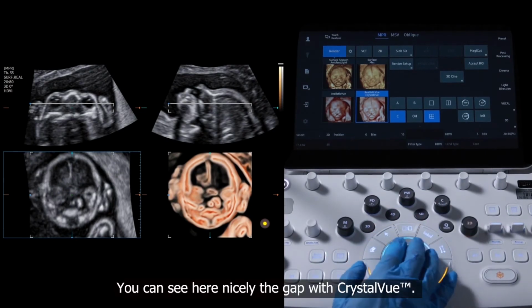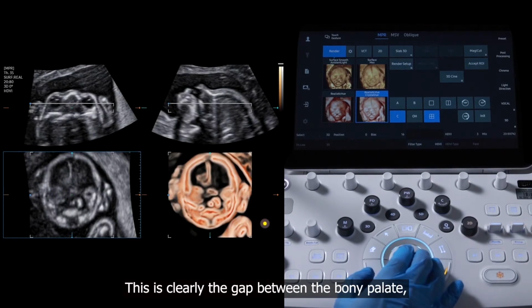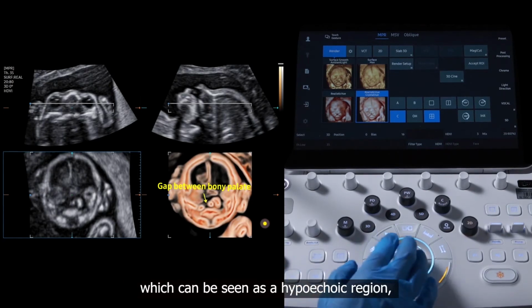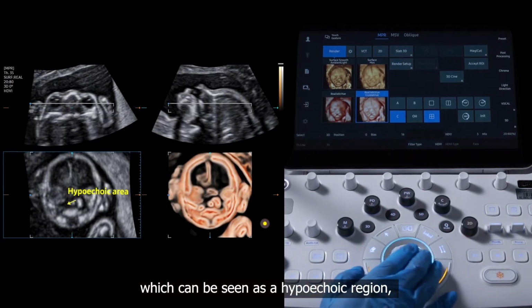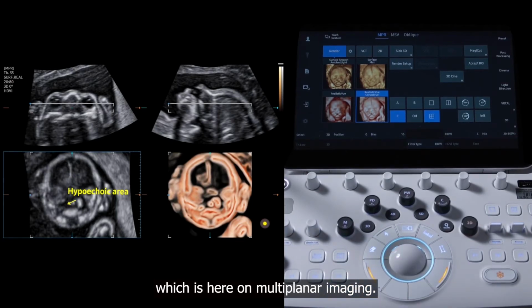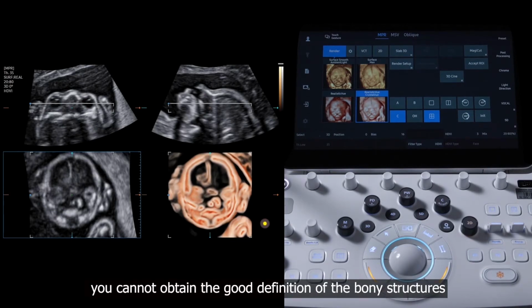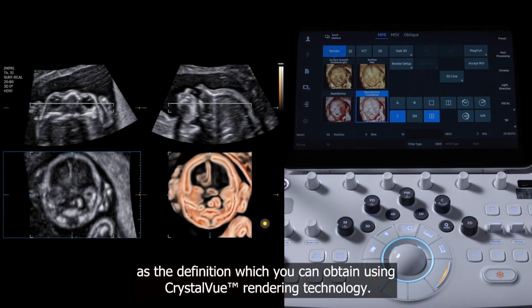You can see here nicely the gap with CrystalVue. This is one end, and this is the other end of the bony structure. This is clearly the gap between the bony palate, which can be seen as a hypoechoic region, which is here on multiplanar imaging. Of course, you can't obtain with conventional multiplanar view the good definition of the bony structures which you can obtain using CrystalVue rendering